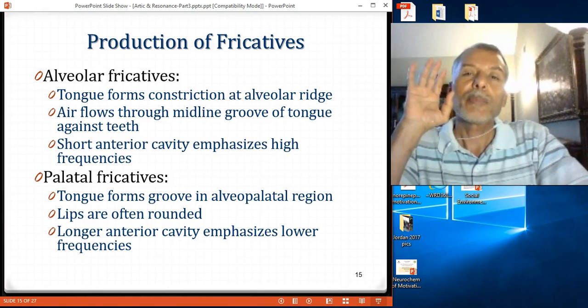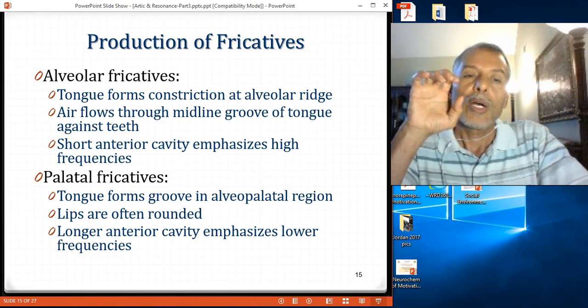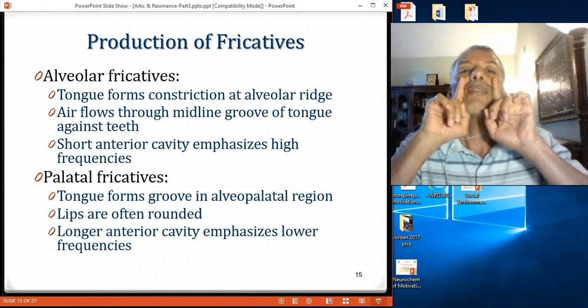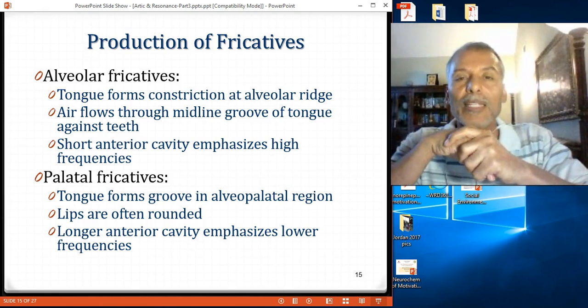It frees that space and makes the cavity bigger all across. So you have a bigger cavity from here to the lips, and that is going to make